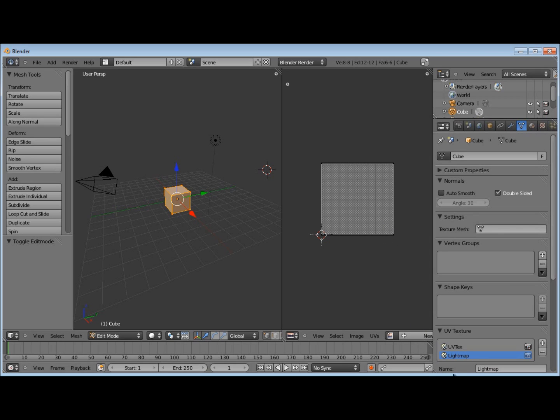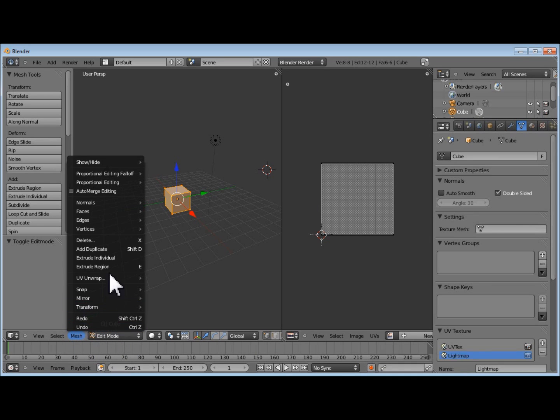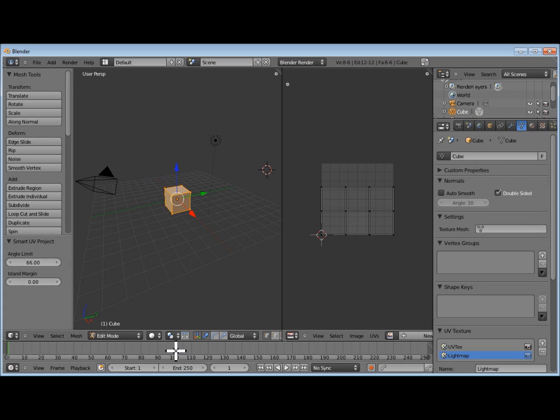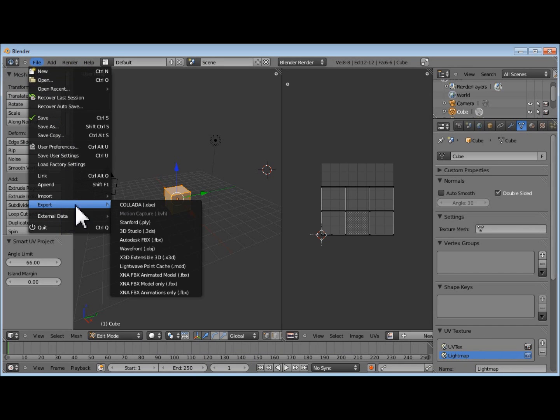So again, this is simply fixed with our light map selected in edit mode in Blender. We go into our mesh, go into our UV unwrap, and then project it properly. So I've now got 6 unique faces for this model, one for each side of the cube, and that's saved there. So if I then go and export that now